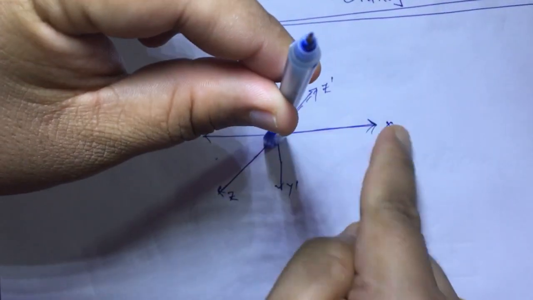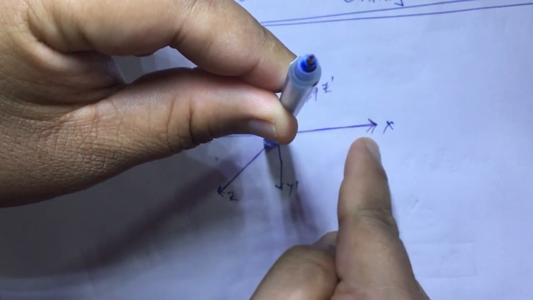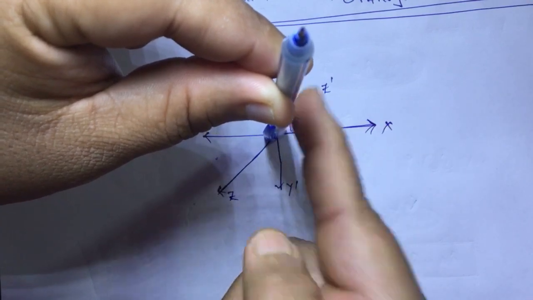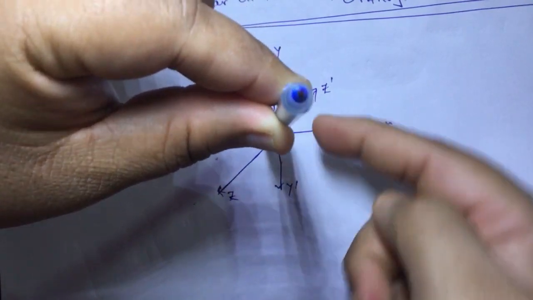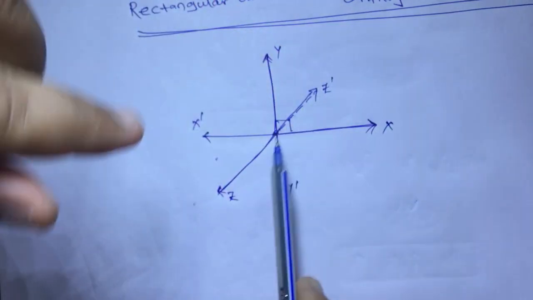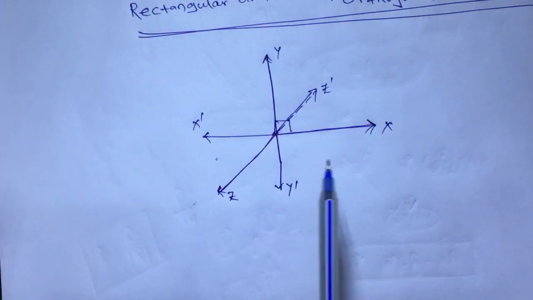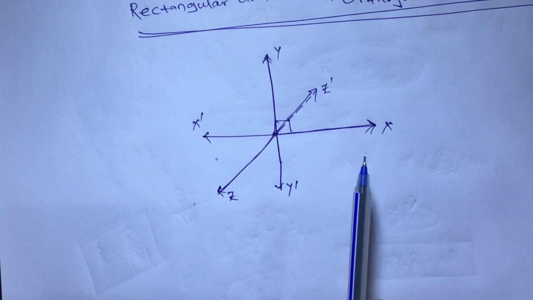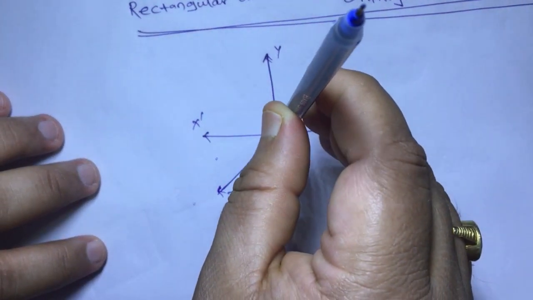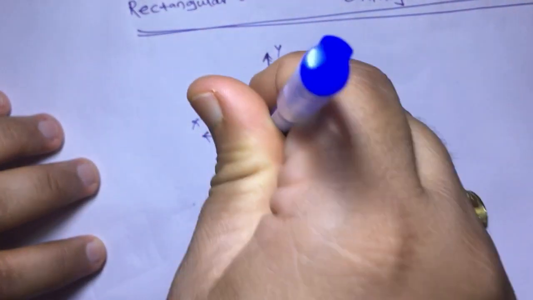Similarly, what is the angle between x and z? This is your z axis. So, what is the angle between x and z? 90 degrees again. Between this vector and this vector, what is the angle? 90 degrees. Similarly, the angle between the y axis and z axis is again 90 degrees. From here, it is not clearly seen because it is 3D, 3 dimensions. You cannot draw it completely on paper, but you have to remember that this is the z axis. And what is the minus z axis? From this point, the downward direction is your minus z axis.